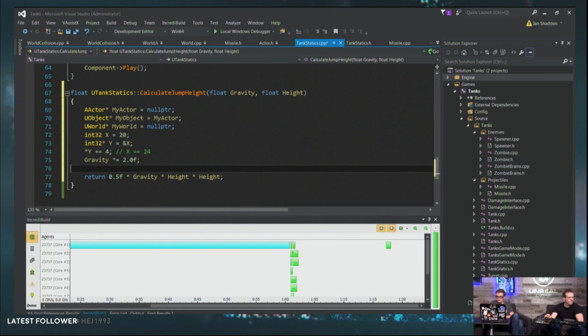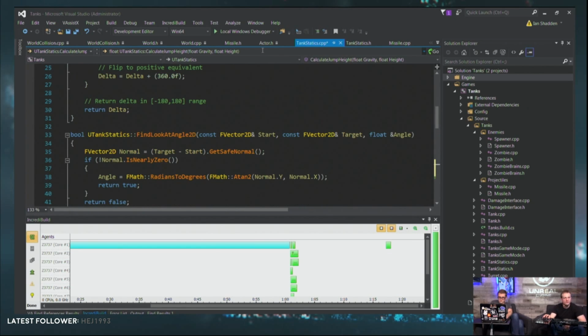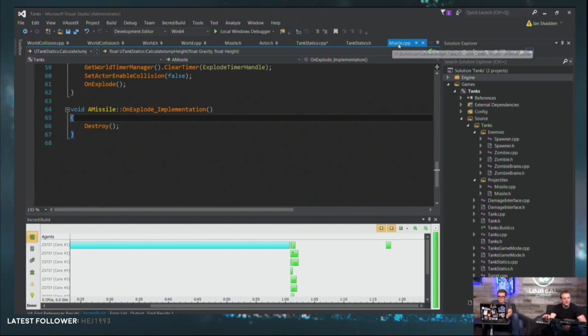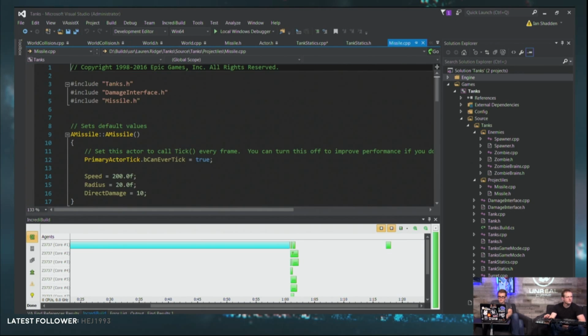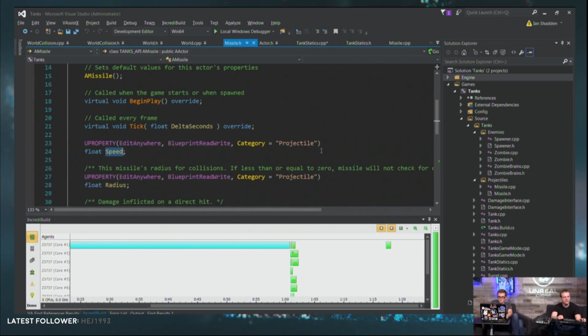All right, so constructors. In C++, you might be familiar with the idea of constructors. So here's a constructor, for example. For our missile, we have a couple of fields, and we wanted to set some reasonable defaults for these fields.